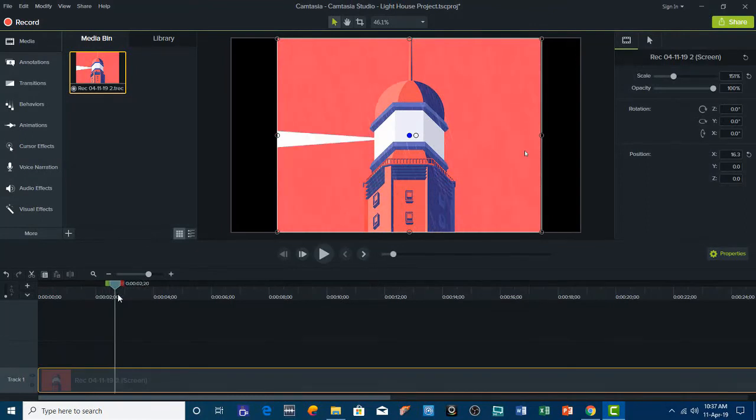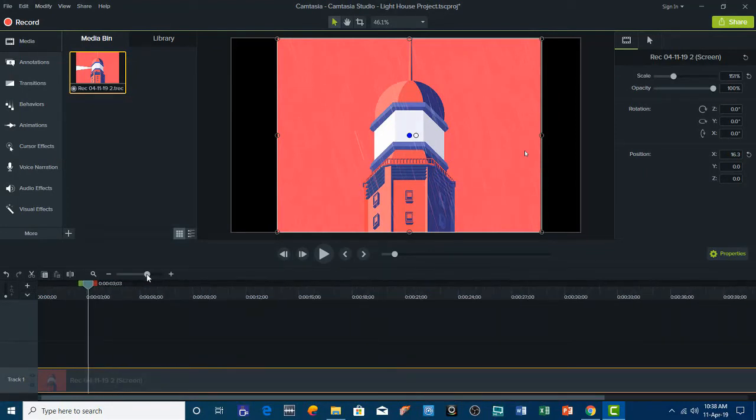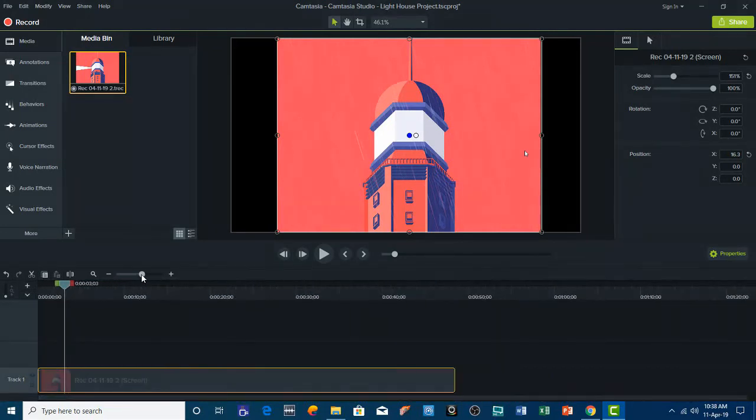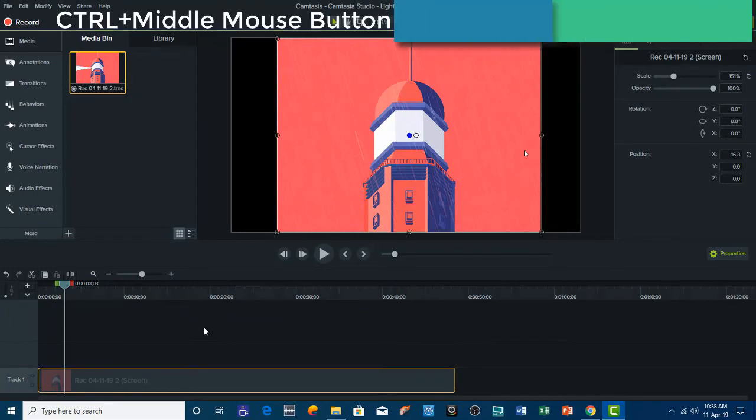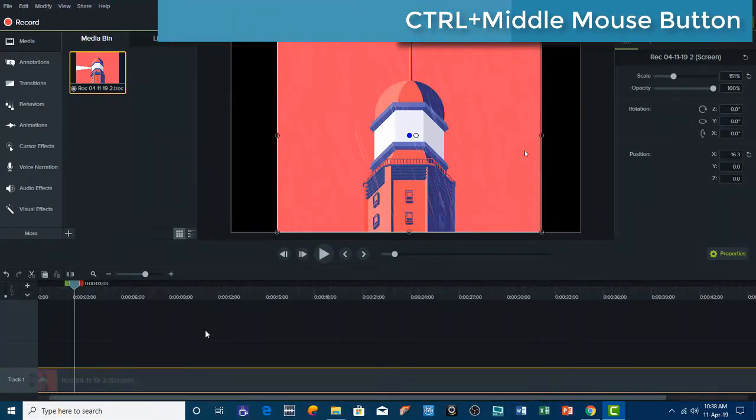So I want this animation right up to this point. Actually that is a 3-second animation. Now I am going to zoom out either by holding this slider here, or you can also hold down the control key and then use the middle mouse button.